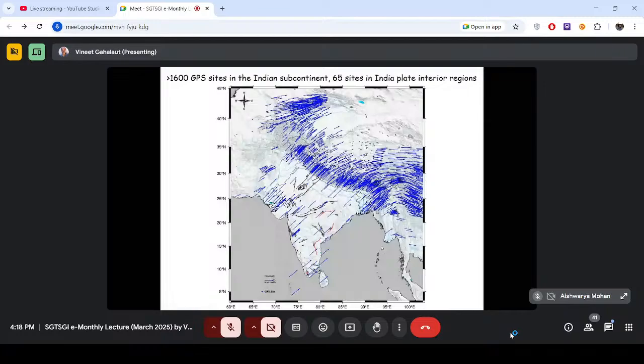Anyway, so these are the stations that we have, and these data have been processed from almost 1,600 GPS sites all around India, within India and outside. And that's how the Indian plate moves. So the Indian plate moves at a rate of about 5 centimeters per year. And mind you, you guys are all